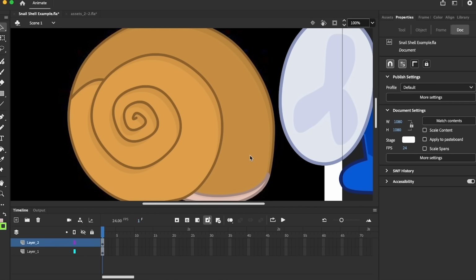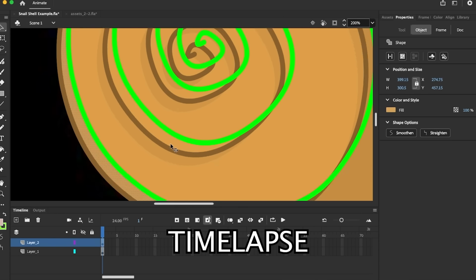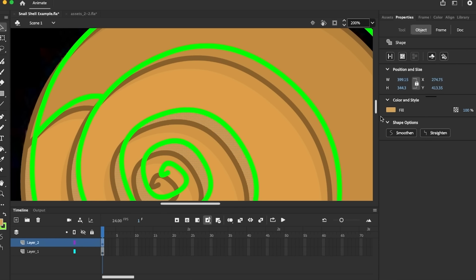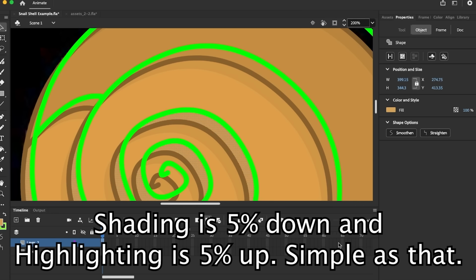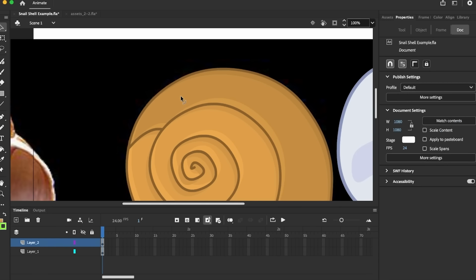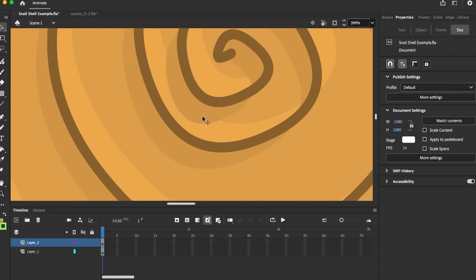Now personally, I think a snail shell can be shiny. So what I will do is go in the opposite direction of the shading itself. Now it's actually the exact opposite with this when it comes to shading it down. For highlighting it, I see it's 84, so instead of going down, I go up. Click the stroke, take it away,